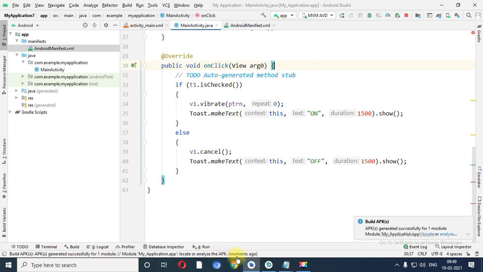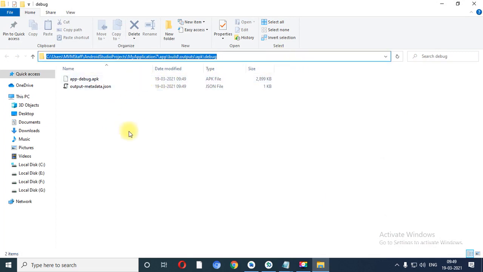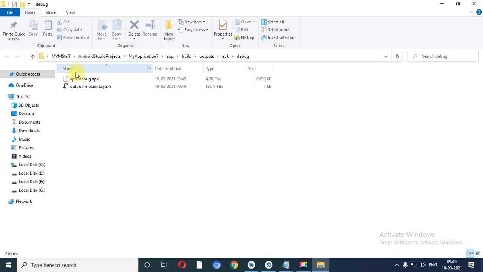Over here from the status bar you will get the status of your current application. Now see, over here you have locate and analyze option. Click on locate option. You will directly get the path of your APK file. Now what you need to do,